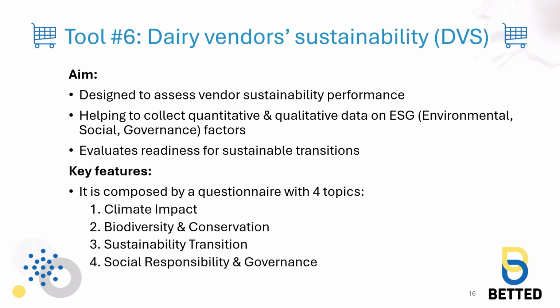The questionnaire consists of 4 parts. 1. Climate impact includes questions regarding greenhouse gas, GHG emissions, energy consumption, and carbon footprint management. 2. Biodiversity and conservation covers vendor activities related to protecting and restoring biodiversity in their business operations or supply chain. 3. Sustainability transition focuses on qualitative insights into how sustainability is embedded within the vendor's strategy, operational processes, and innovation efforts. 4. Social responsibility and governance evaluates the vendor's governance structures, social policies, and community impact, including labor practices, diversity,